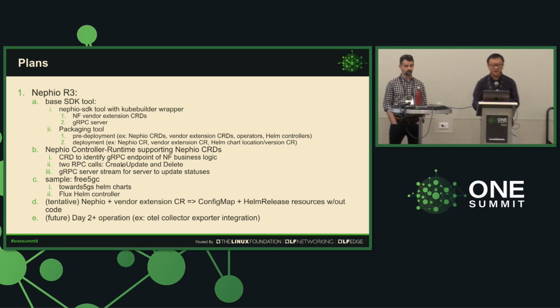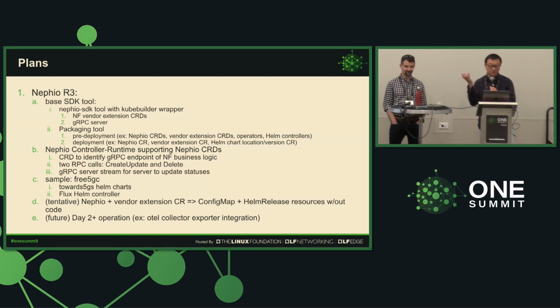Right now we only have 2 RPC calls, create/update and delete. So your gRPC server is supposed to support both of these. And for the sample, we're going to deliver a 3.5G sample. So all the 3.5G network functions would be merged into an SDK-generated operator and gRPC server in this case. And then, tentative: one particular community member has promised to provide us with tools that would